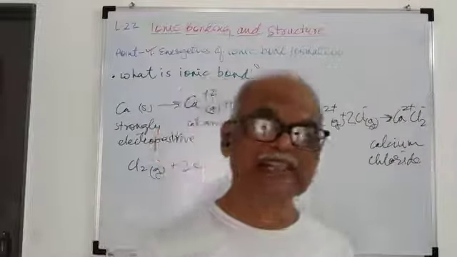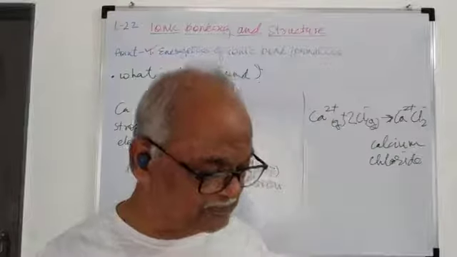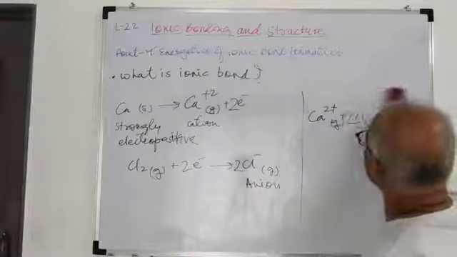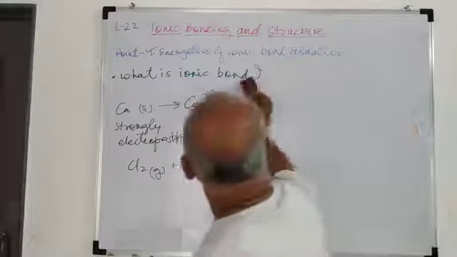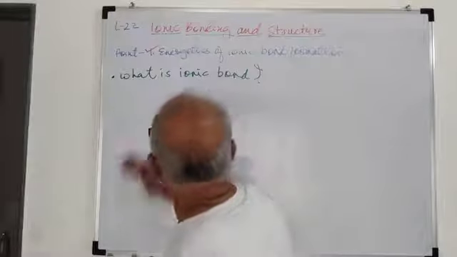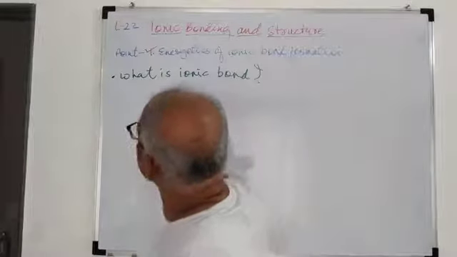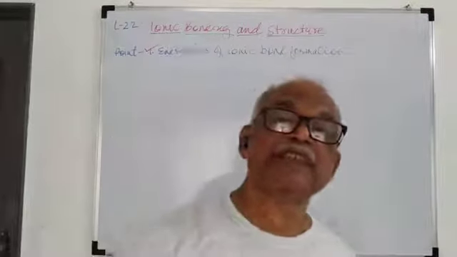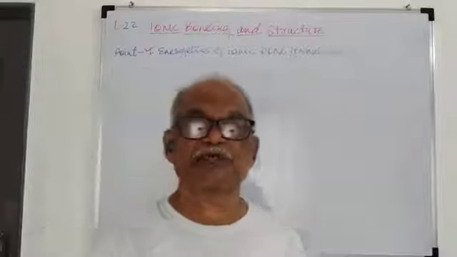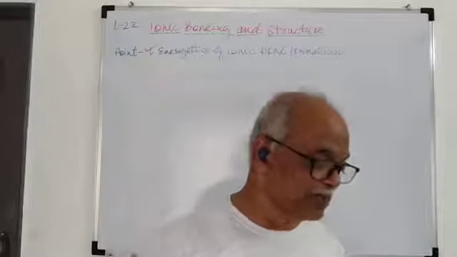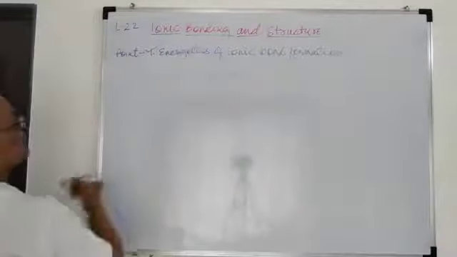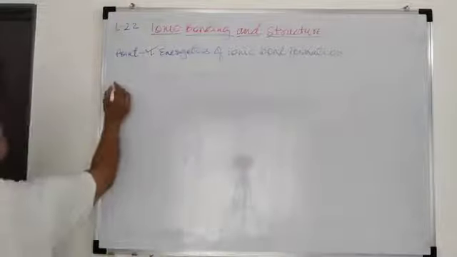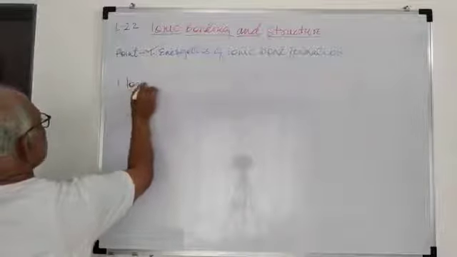So in this way we can explain a number of such examples. Now, you can try this type of ionic bonding in various other examples. Then we will see the three important terms which are necessary to understand the process of ionic bond formation. That is called energetics of bond formation. Out of this, the first term is